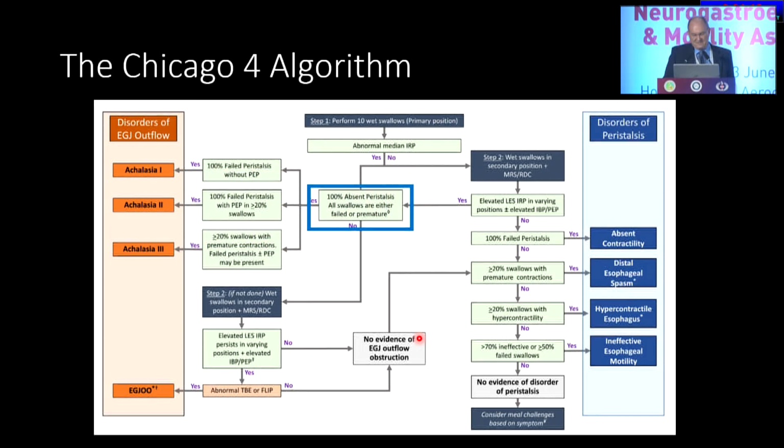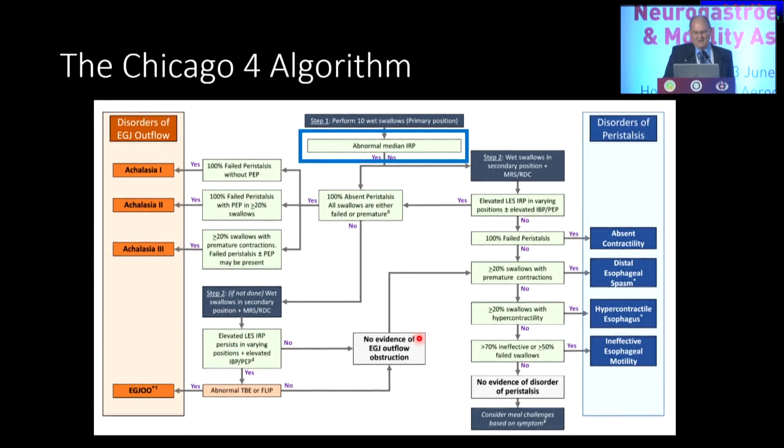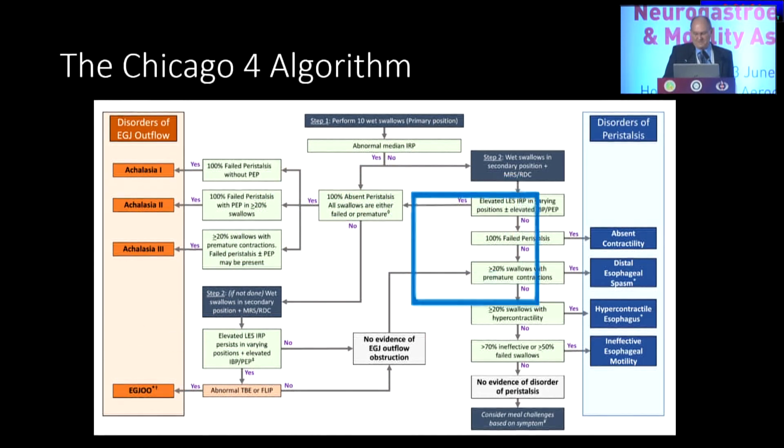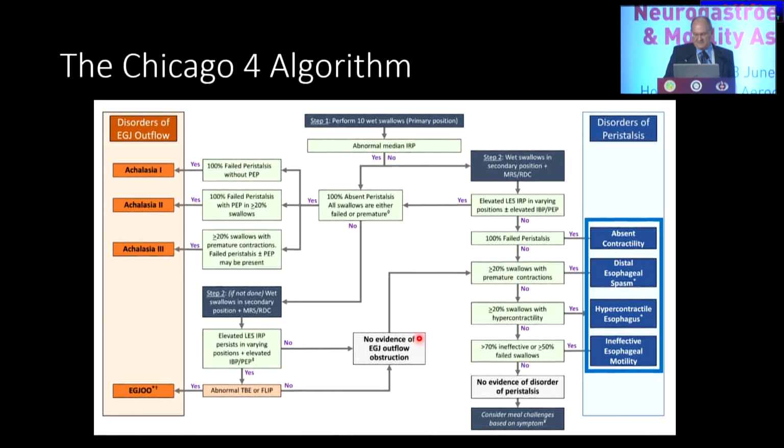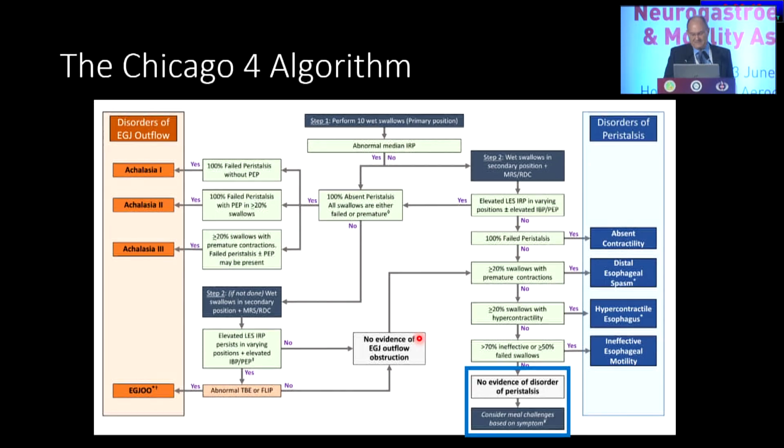If the swallows aren't all failed or premature, we're going to check in the secondary position. If there's evidence of obstruction, then we'll go to the EGJ outflow obstruction. Whereas if our median IRP is normal, we're looking at disorders of peristalsis based on the DCI. If there's no evidence of a disorder of peristalsis, we're going to consider some other tests such as